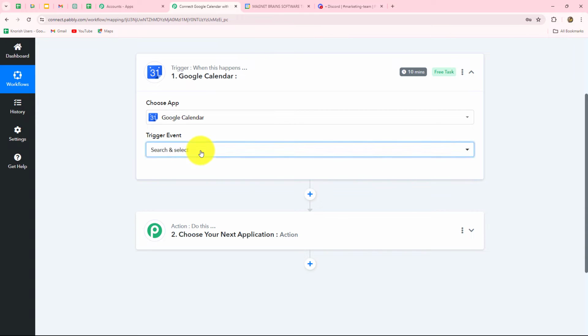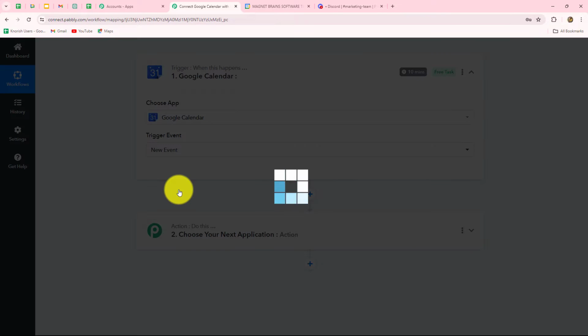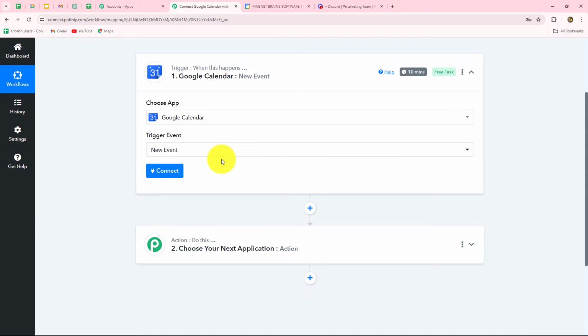Now we have to select the trigger event. So trigger event is the event on the happening of which the workflow is going to trigger or basically start. So new event will be our trigger event over here, because we want that whenever a new event will be created in Google Calendar, then we want to receive the response, and that event will be specifically the meeting. When we are going to click on connect,